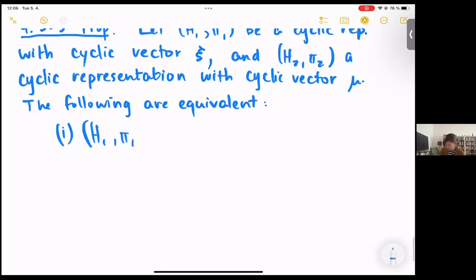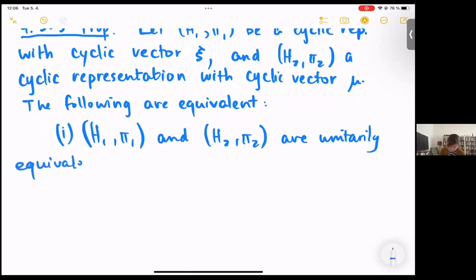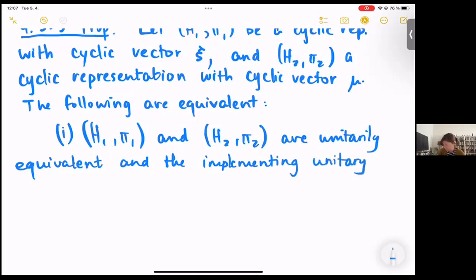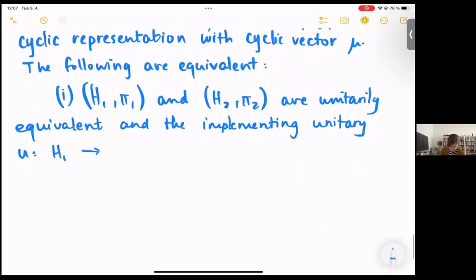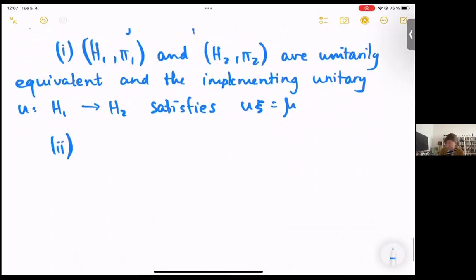So first, these are unitary equivalent, and the unitary that implements this equivalence sends psi to mu. And this is equivalent